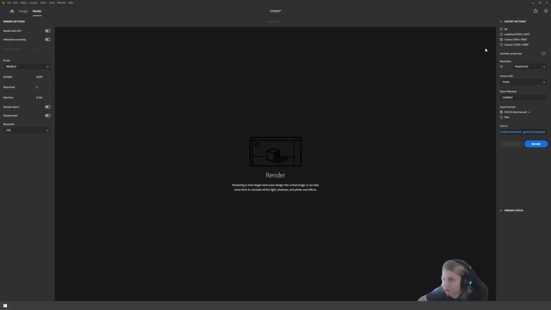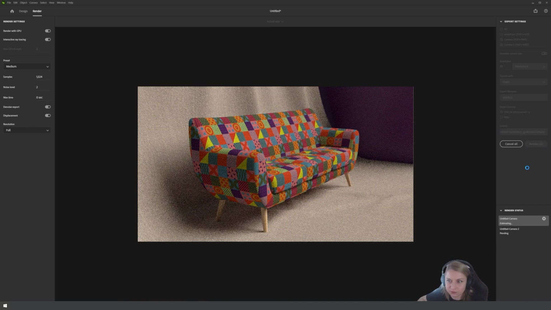Yep, and you can just check the cameras you want to render. So let's say I want to render these two cameras, so I will go with that one. You can override the resolution if you want, or just go with the one that you selected at first. And now it's time for rendering. Here we go.